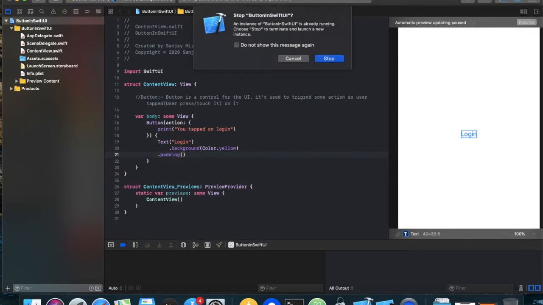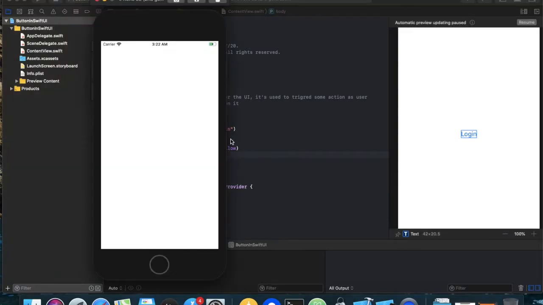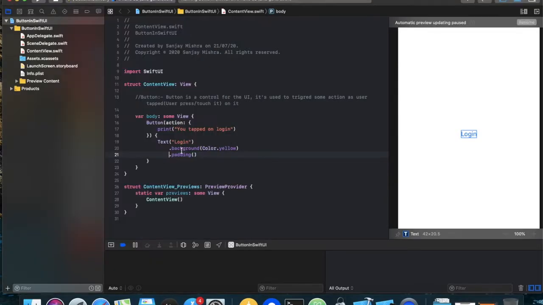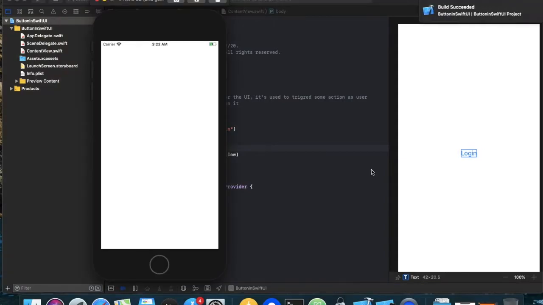Run the application. We need to apply this padding above the background. So this is how we can apply the padding and background.